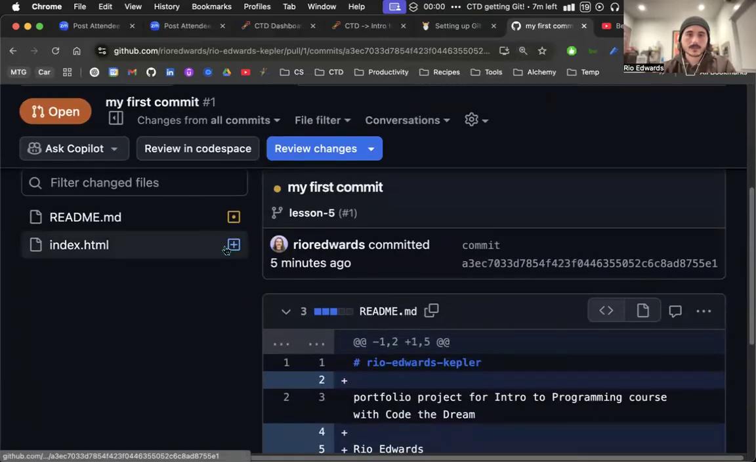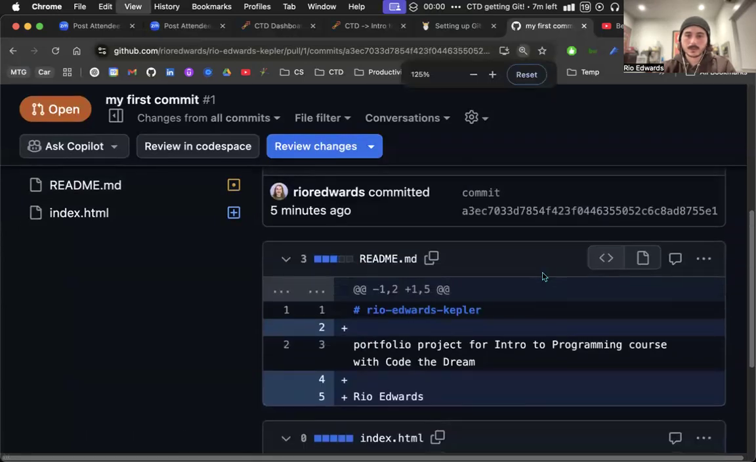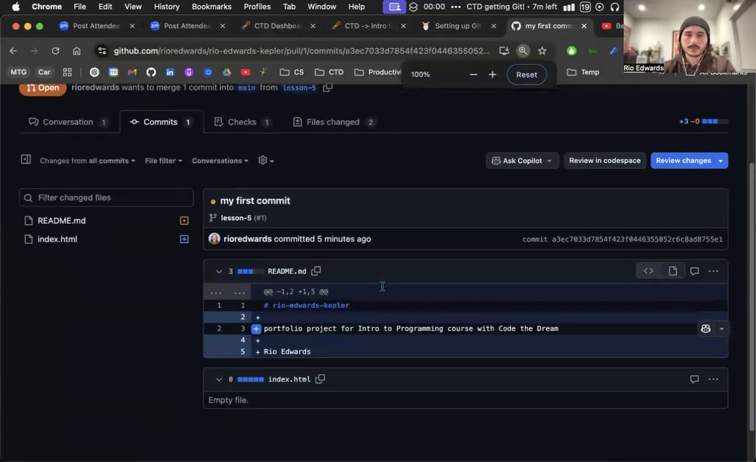So there's a little plus next to index.html, which means I added a file. And this means I modified that. You don't have to worry about any of this, but these are the changes I made. I made a README file, or I updated the README file with my name, and then I created